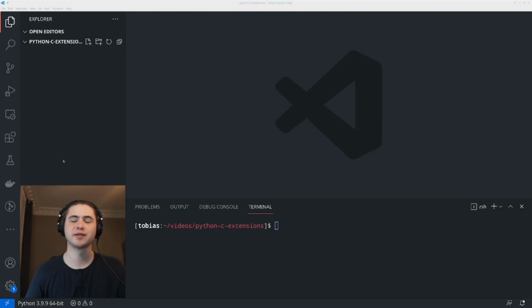We're going to look at Python C extensions, kind of how they work under the hood on Linux. And yeah, when would you want to do something like this? Write an extension in C when you can just write Python code? Well, it might be that you want to integrate with some kind of C library, or you want to squeeze